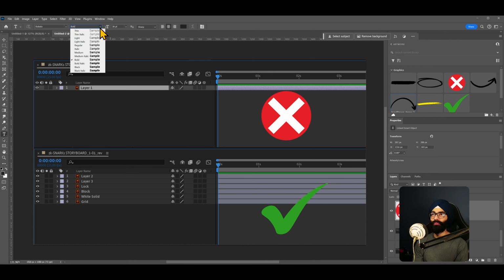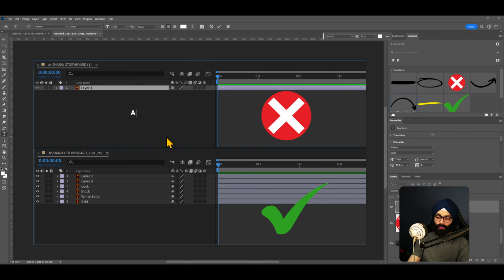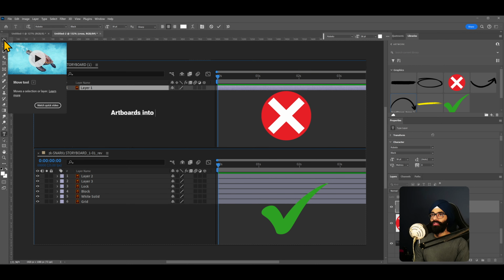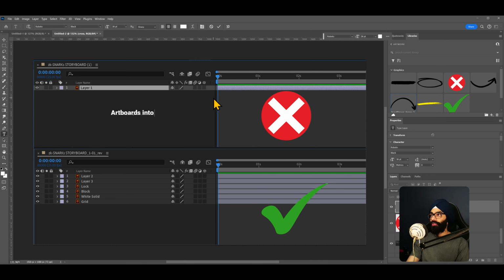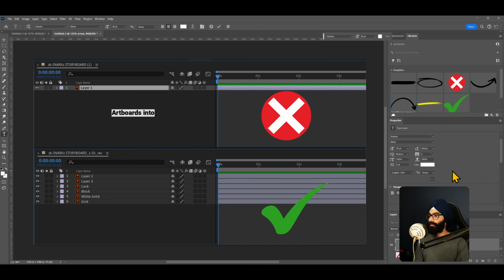Roboto, Roboto black, and properties. Oh god, where is all of the other ones? Capital text, no. Artboards into